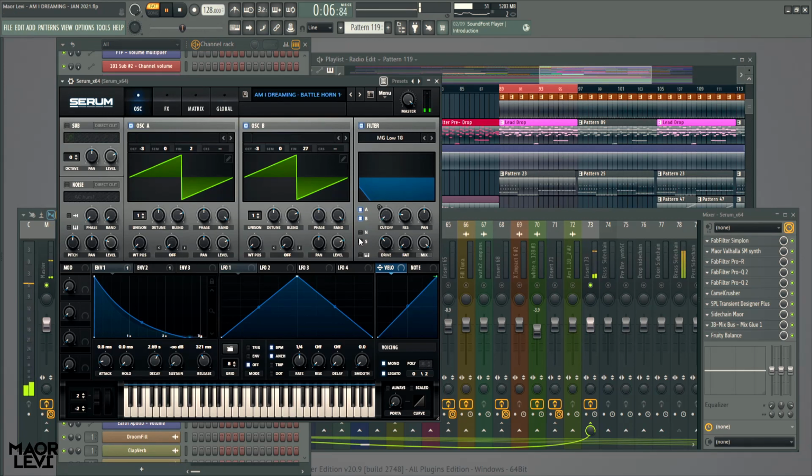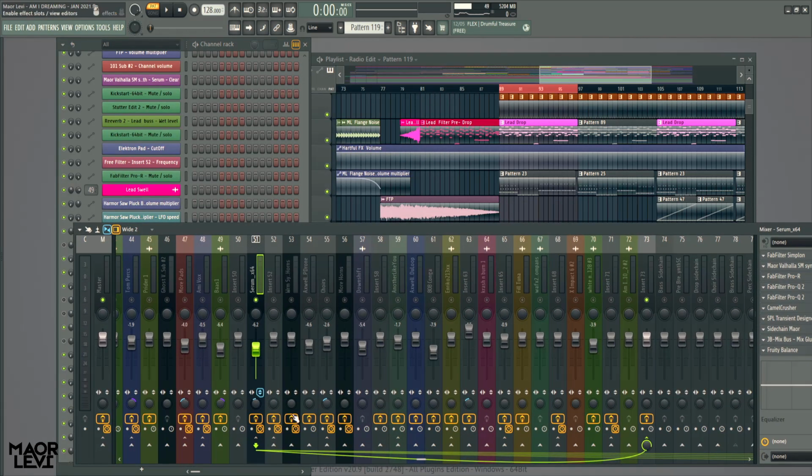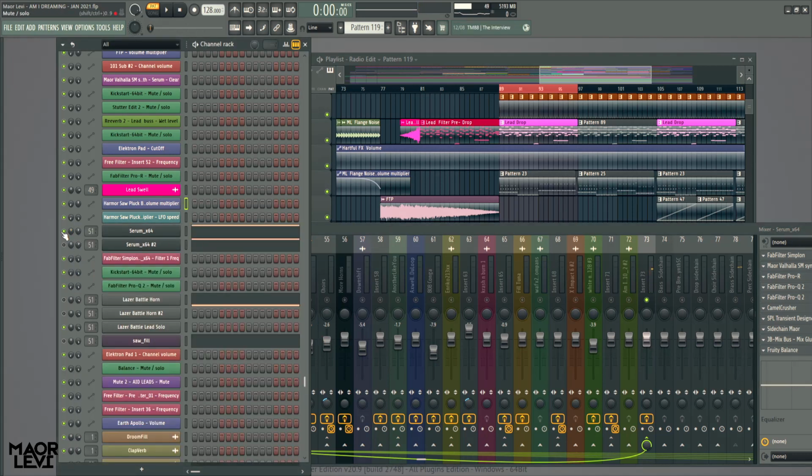Just a simple sawtooth. Two saws, detuned, nothing crazy. But again, if you listen to this without effects, you'll see what I'm talking about. Very boring sound. But once you turn everything on, it makes more sense. Then the second layer,